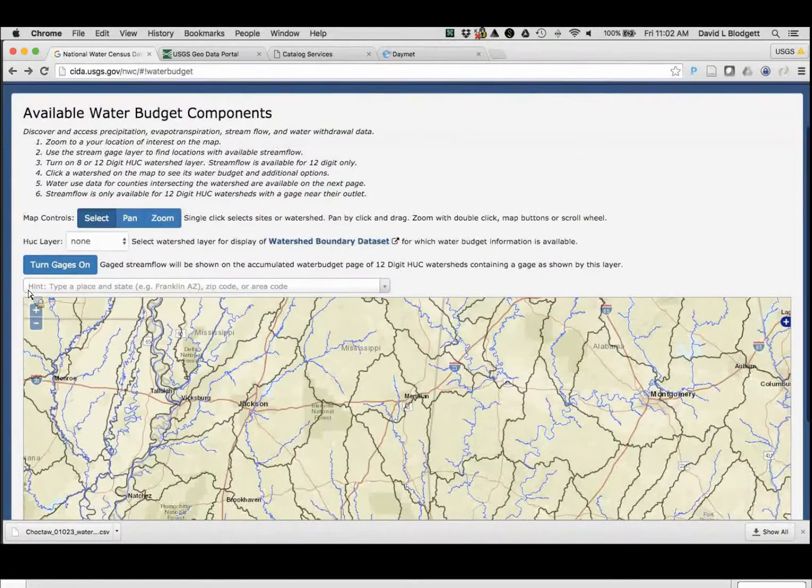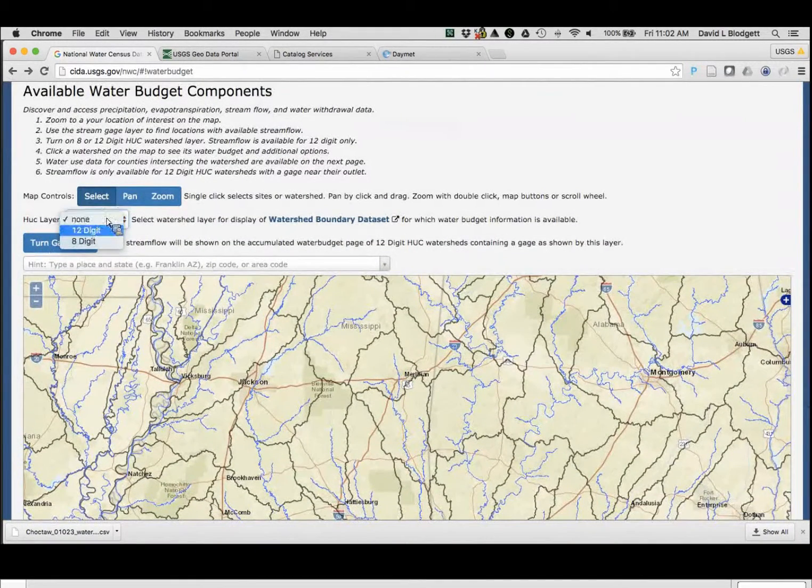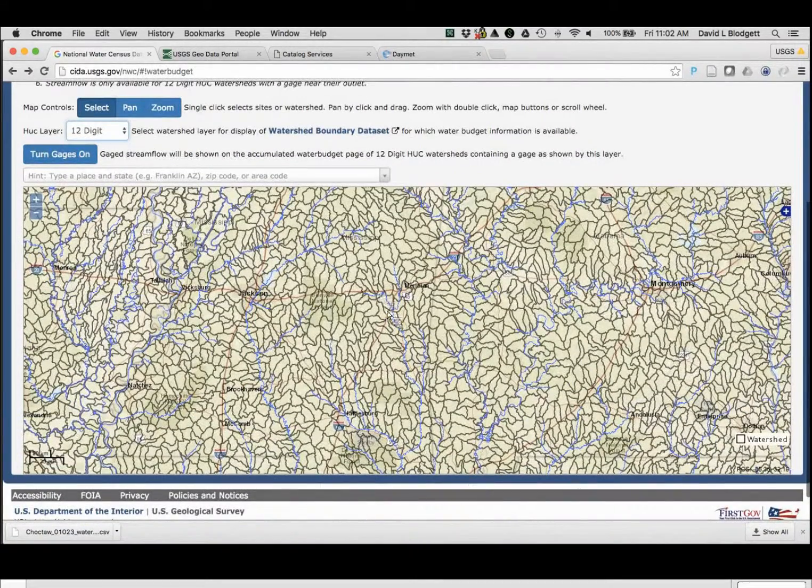So in a later segment, we will share that we also have water budget information available for much finer resolution watersheds. In this case, 12-digit hydrologic unit code watersheds. So turn these on the map, and you can see from HUC 8 to HUC 12, we have many more watersheds. For 12-digit hydrologic unit code watersheds, we also, for some of them, have stream flow information available from the National Water Information System. So if I click Turn Gauges on, everywhere that you see a blue dot, there's also